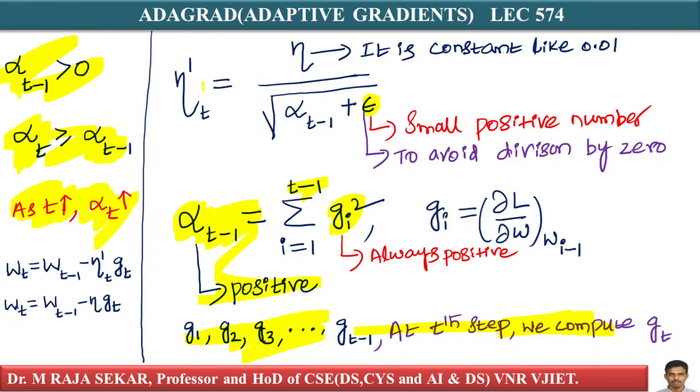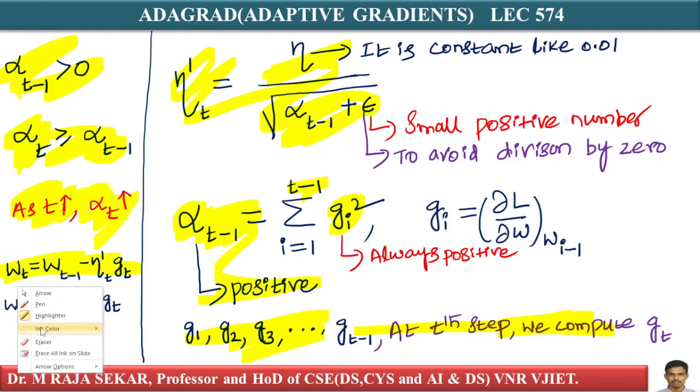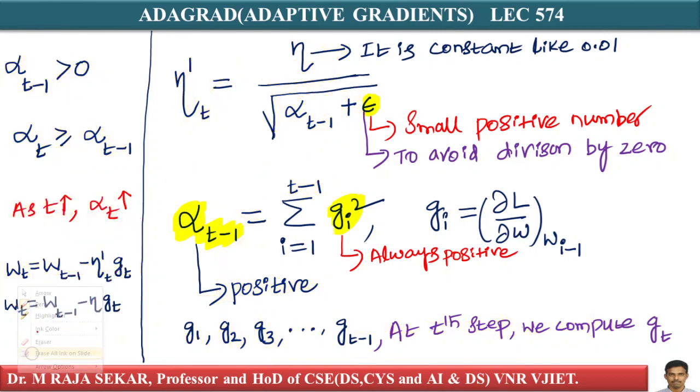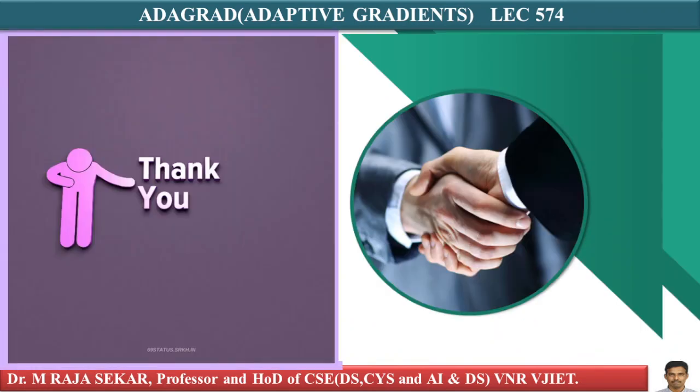Just try to understand what your eta dash t is. This one is related to Adagrad, and this one is SGD or SGD with momentum. What is the difference between these two update equations? I request all of you to go through this particular lecture, so that I can continue my discussion on Adagrad in my next lecture,